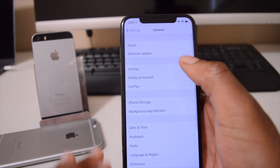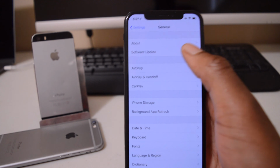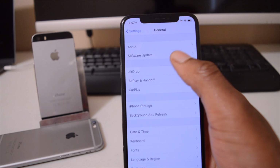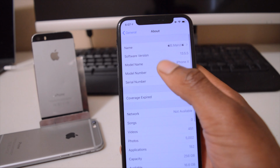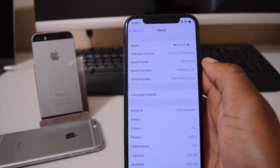Now let's see, before the update, I'm currently on iOS 13.5.5 public beta 1. The information that I have here, if we go to the about section, you can see that the software version is 13.5.5 and the build number that I have with that is